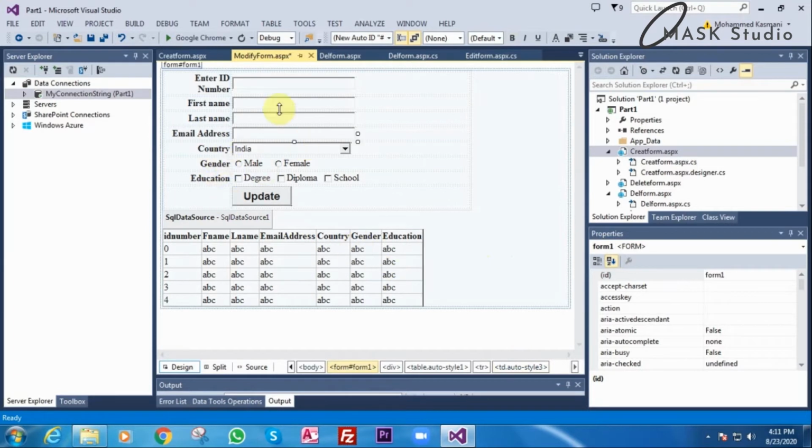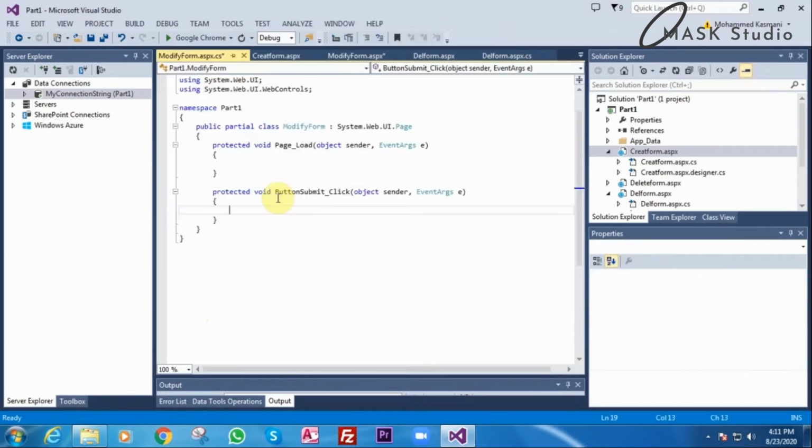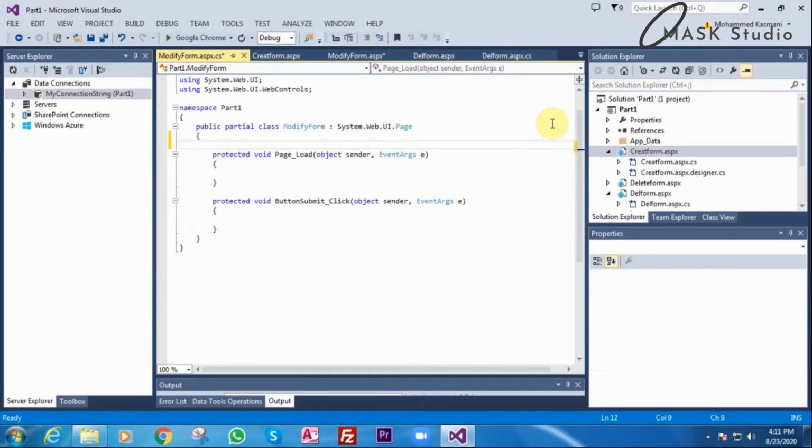Now what exactly we want? When a person enters the same ID, this particular ID here and all the details, it should update here in the same ID number. For that, we'll double click the update. Okay, as I explained earlier, same we had to do what? I'll do first here